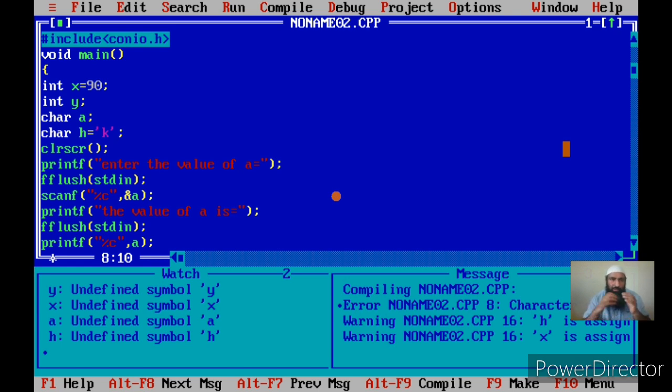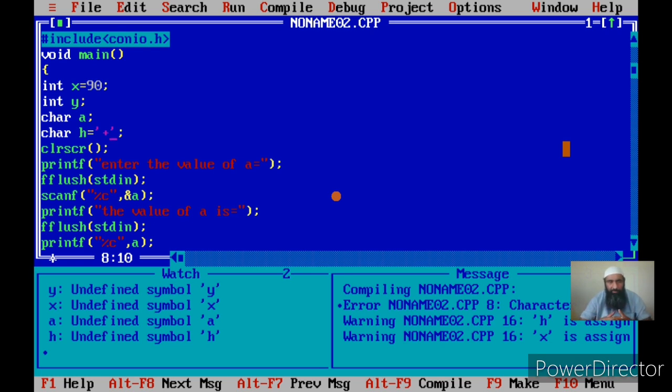Now the rule is that whenever you want to initialize a character constant in a character variable, you have to give it within single quotes. Another important point is that a character variable can store only 1 character, but if you compare that with an integer constant, it can have many digits. Another thing is that it's not necessary to assign alphabets only. You can assign a single digit, an alphabet, or any other special character to the character variable, and that character variable will store that character in that memory location.